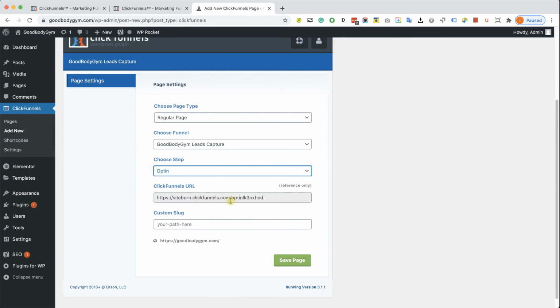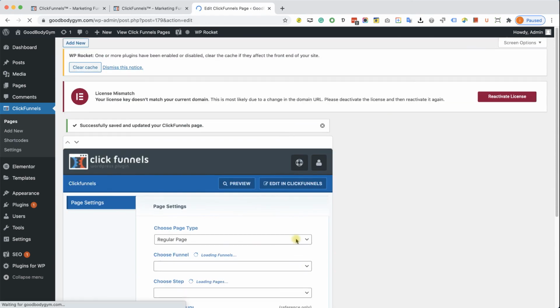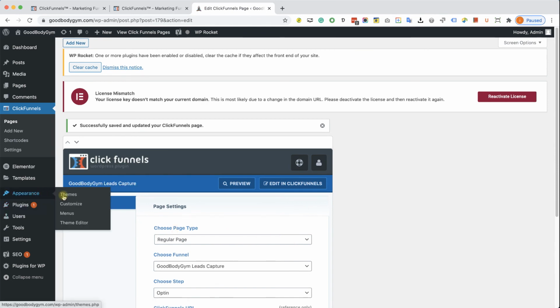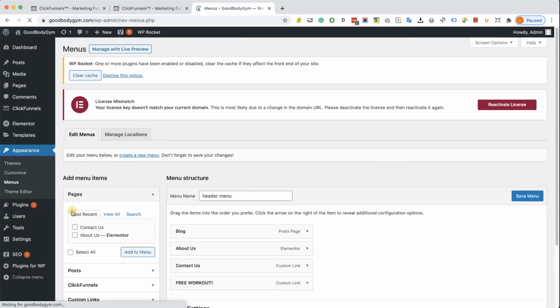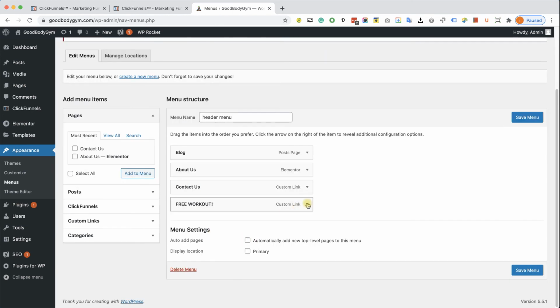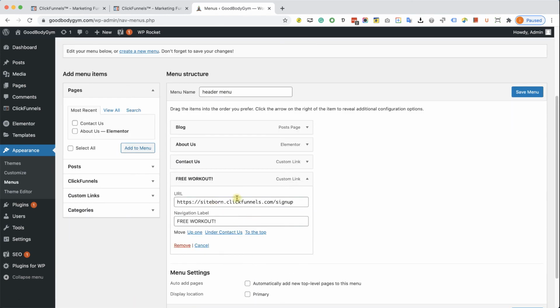Obviously, we would like to redirect them to the first step. And here we will create our own path, for example, free workout or free pass, etc. Now we'll copy our link from here and we'll click on Save Page. Very good. We'll go back to our menu screen by going to Appearance and then Menus. Here we will expand the custom link that we created a second ago, and instead of the old URL, we will paste our new URL that we just created. Click on Save Menu,